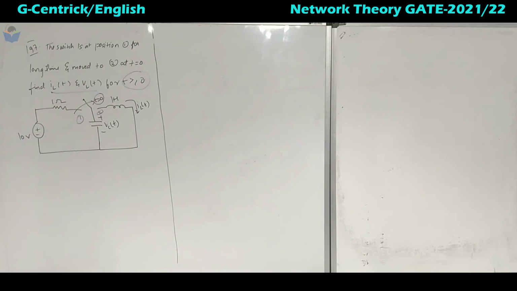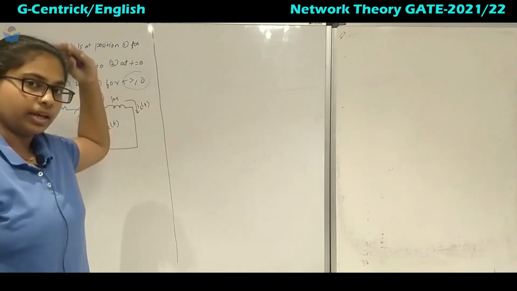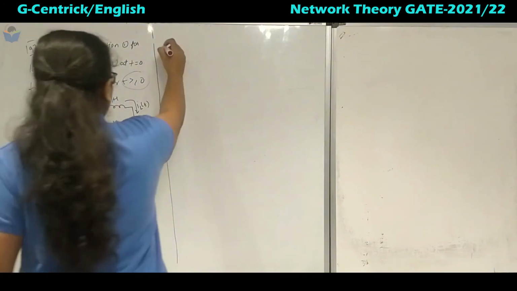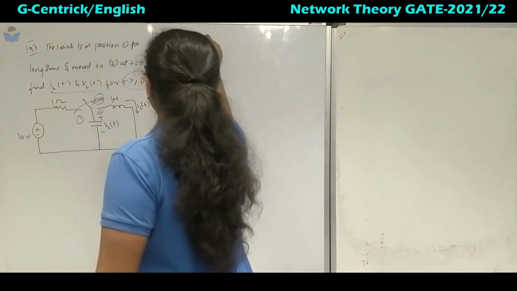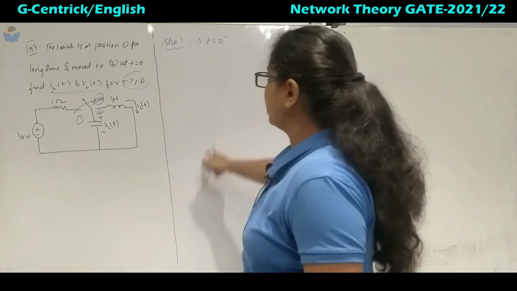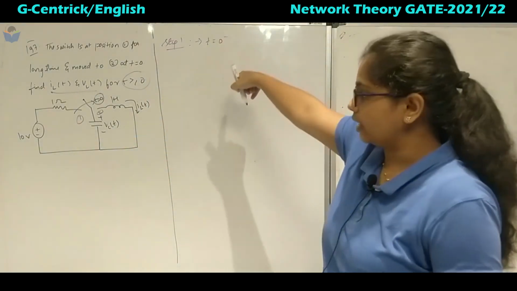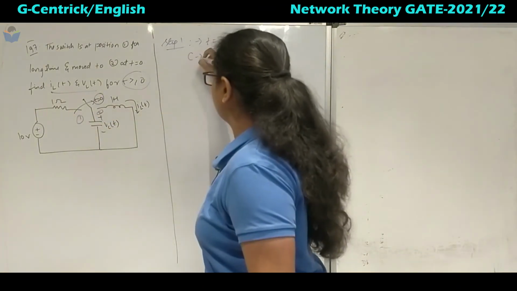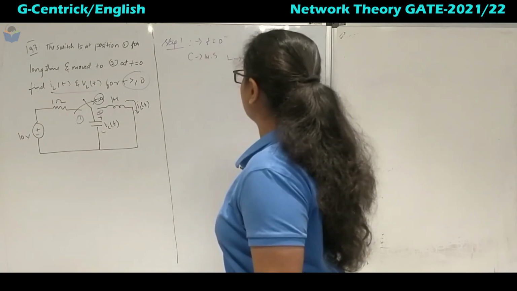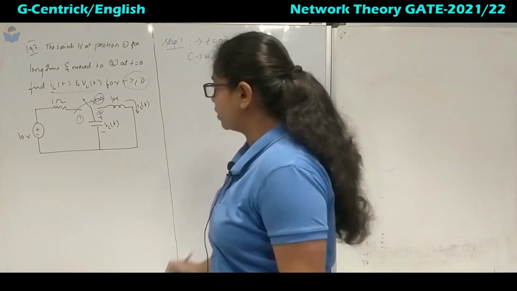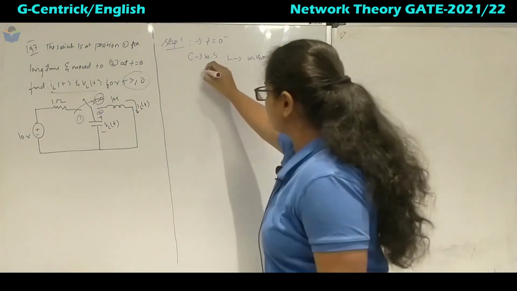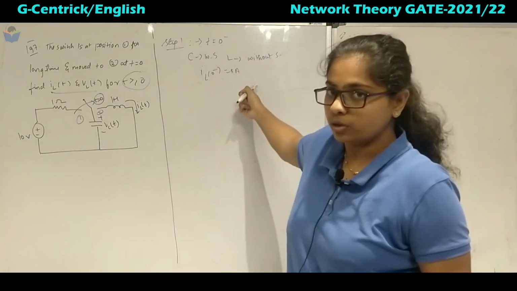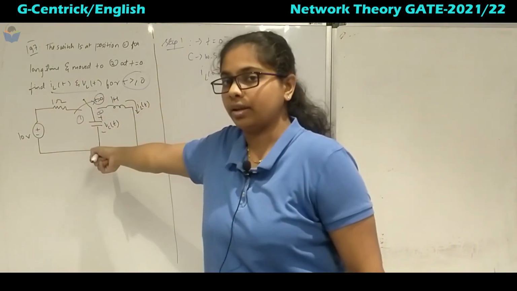When they have asked for the generalized equation, we will not go by step, we will directly go with Laplace transform. But step 1 is very necessary, to find if any initial charge is present. So at t is equal to 0 minus we have to analyze. It means the capacitor is with source and the inductor is without source. When the inductor is without source, IL of 0 minus is equal to 0 ampere. Do not write IL of 0 plus because we are going with the Laplace transform.